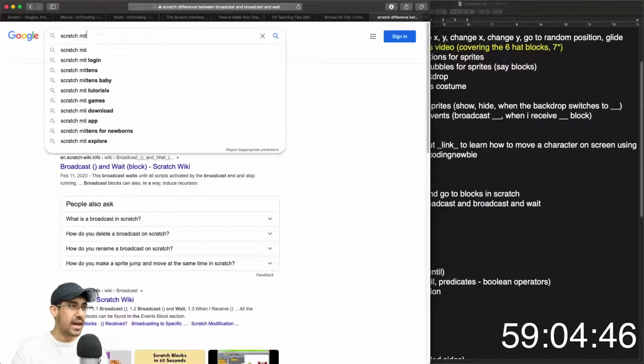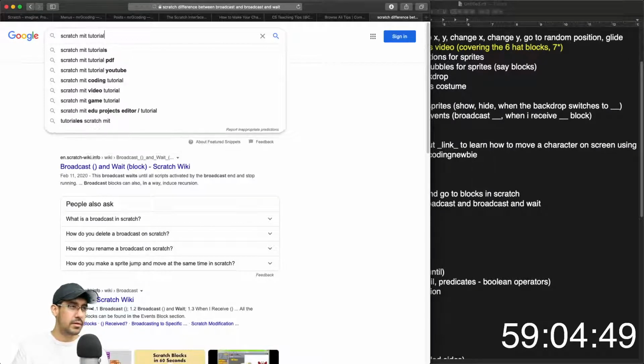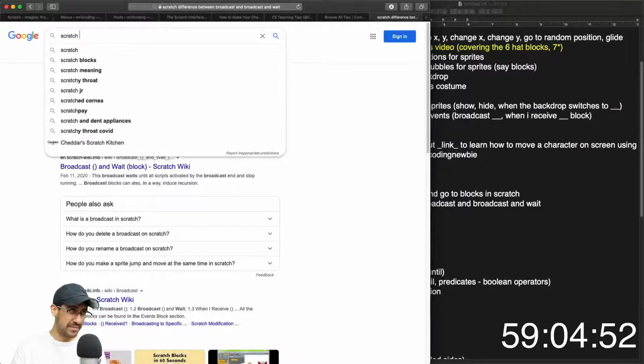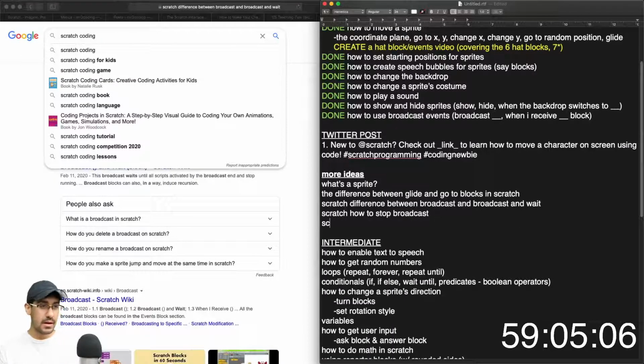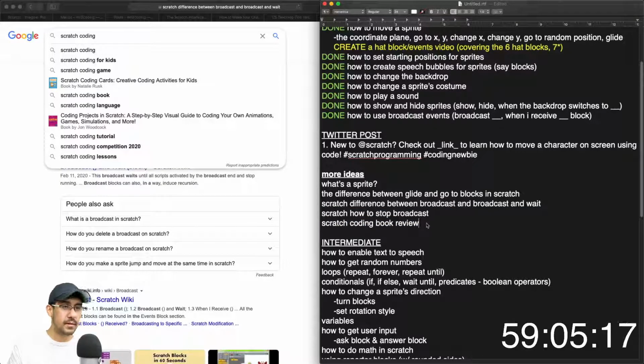Maybe someone types in Scratch MIT tutorial, Scratch coding. What are people typing in that I could create that would maybe show up? Actually, I could do a Scratch coding book review, maybe with whatever the title of the book is, because I do have a couple. And that's another thing. You tag the author, who probably has a few thousand followers, and boom, now you got